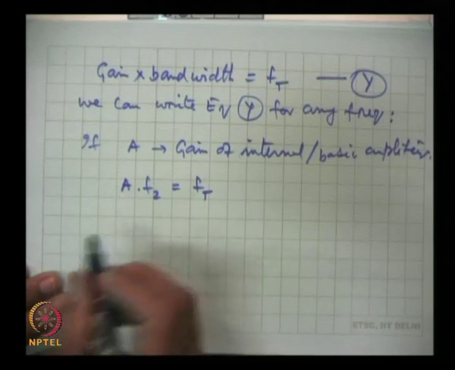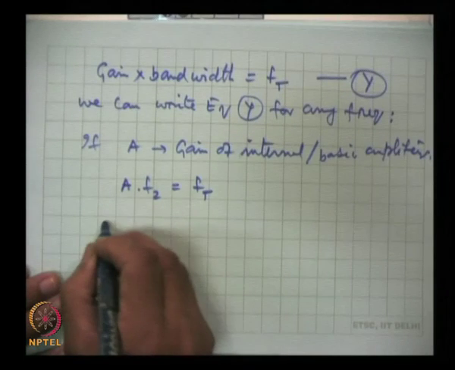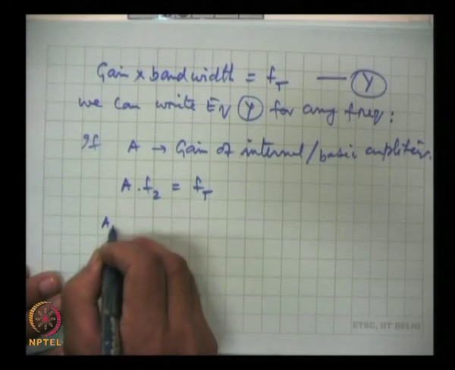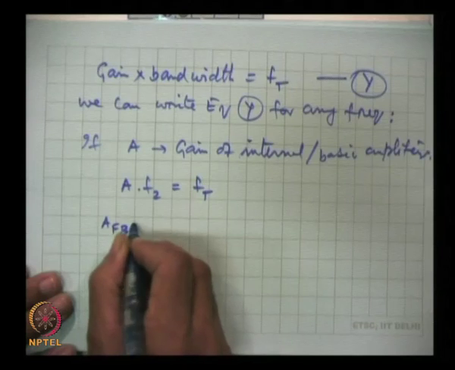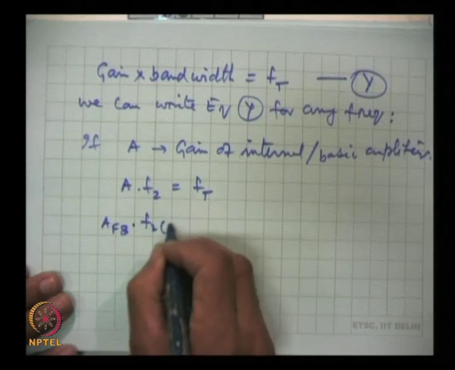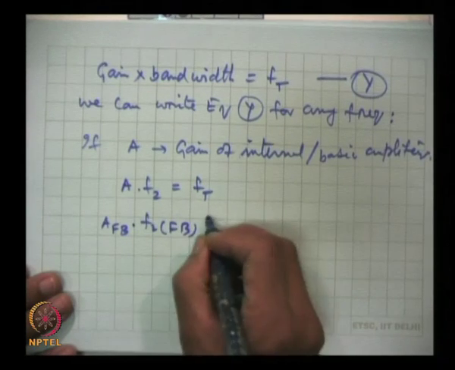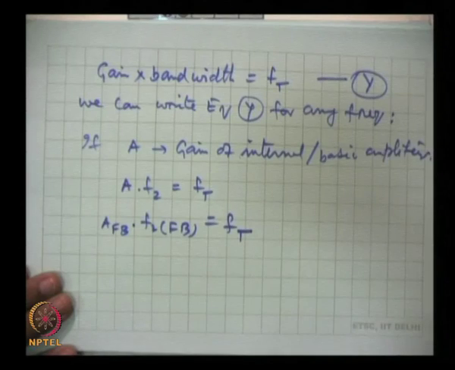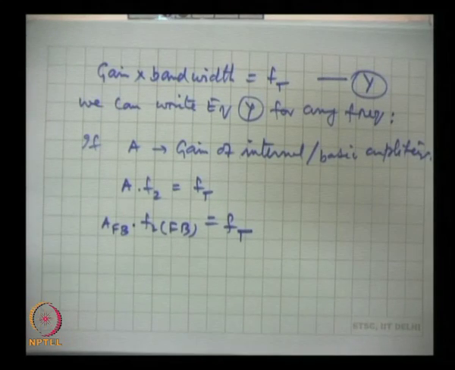And in the same way for the feedback circuit, A fb into f2 fb is equal to ft. What I am doing, you should follow me, that